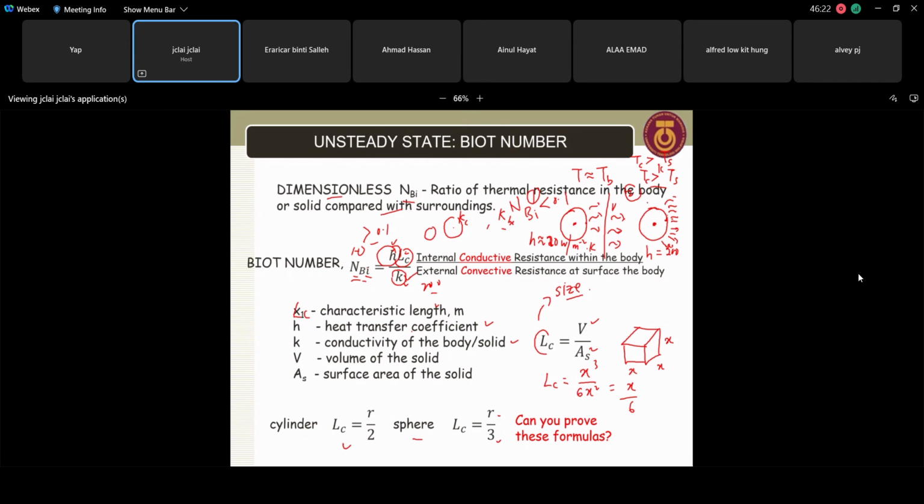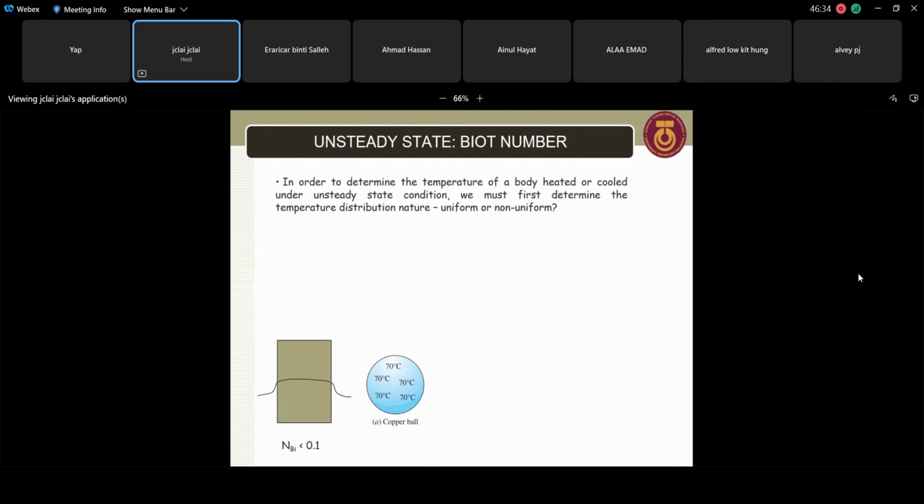Under this situation, the Biot number is greater than 0.1 because of H. You know H is directly proportional to the Biot number. Okay, so let's proceed. In determining the temperature of a body, when we talk about transient or unsteady state,